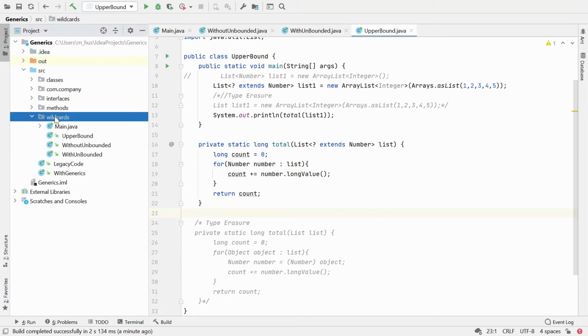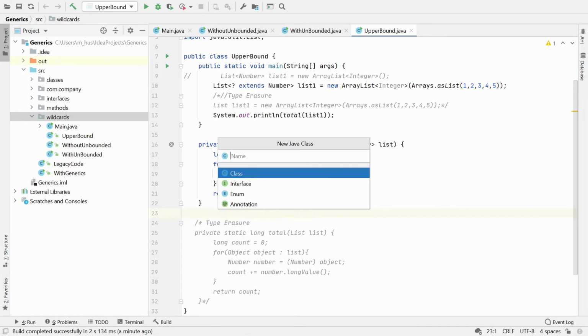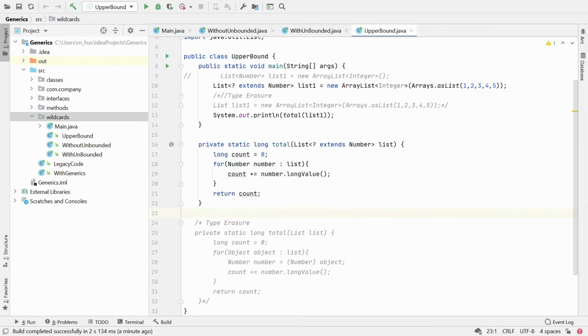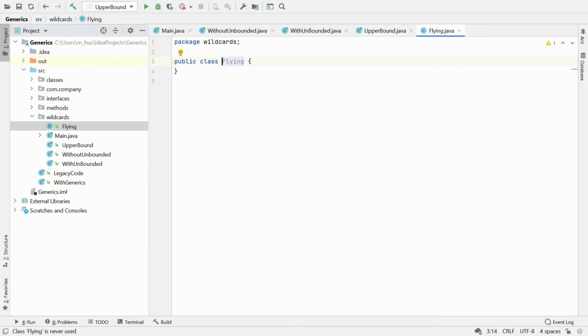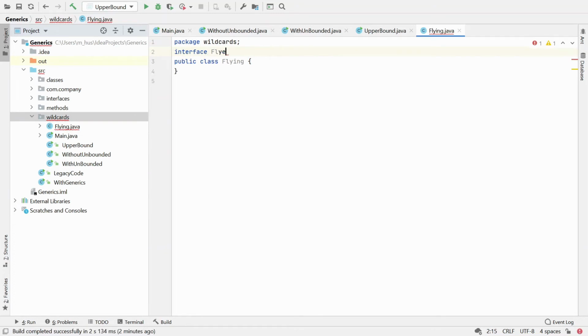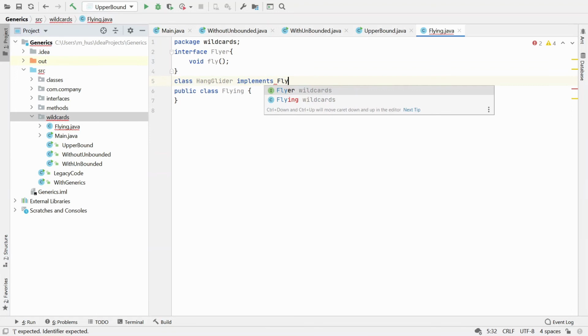let's make one class named Flying, and now I would like to use some interface. So we have seen it with the class, let's see with the interface Flyer, and it has a method fly, and I have a class HangGlider. It implements Flyer,